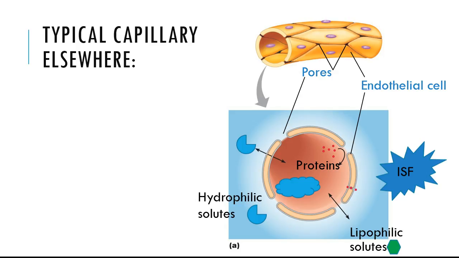Alright, so the point of that is that the capillaries are much more restrictive in the central nervous system than they are in the rest of the body. Because the brain and the spinal cord are super, what? Super important, okay? And we don't want just random particles that you may be exposed to or might put in your body getting into your brain.